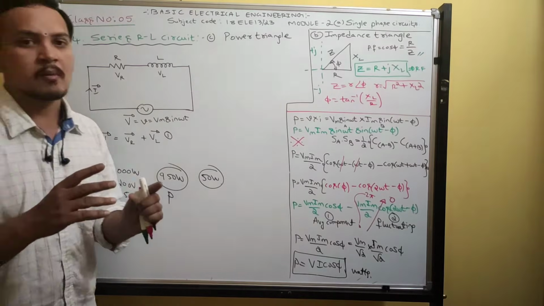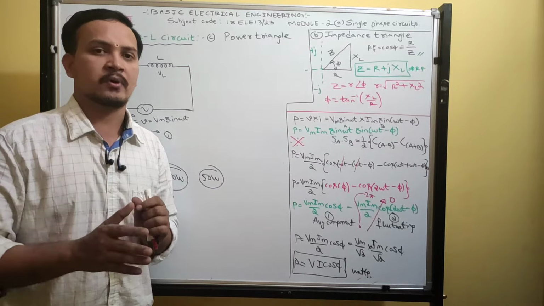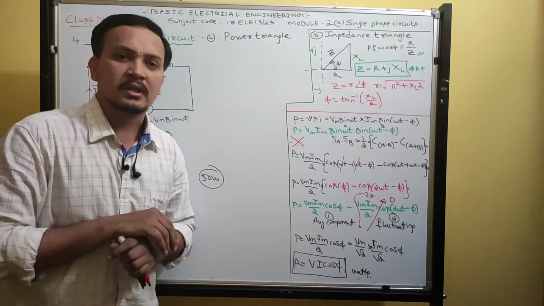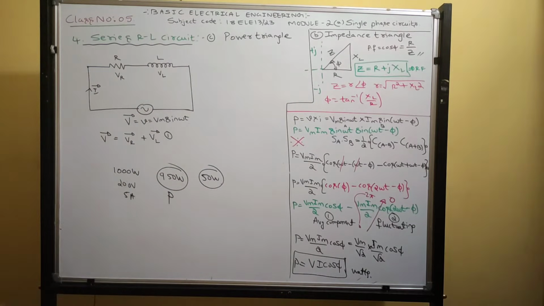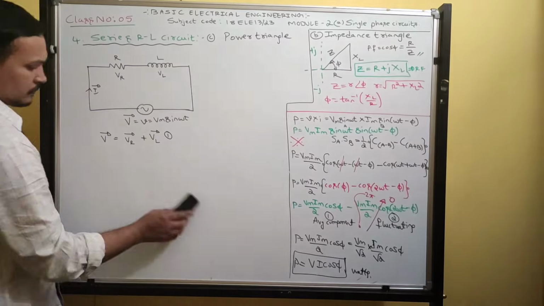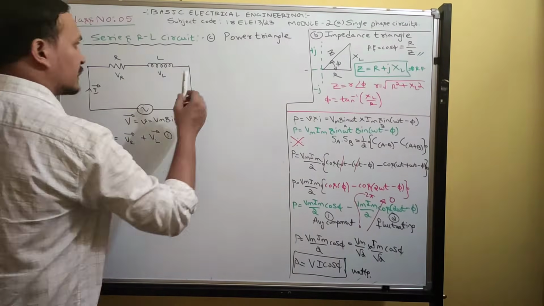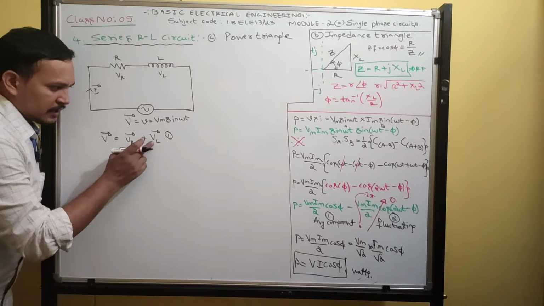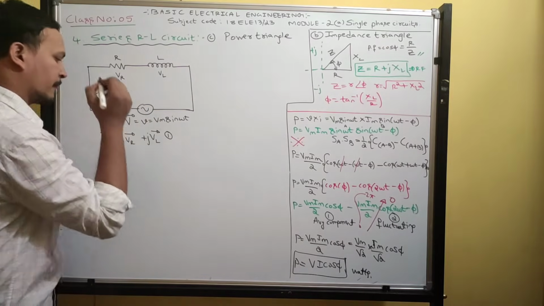See, if I generate some amount of power, you cannot utilize the entire power. That is possible only in a pure resistive circuit. So, got it? Regarding that, we have three types of power. That can be identified as, see guys, whenever an inductor is there, you write plus J.